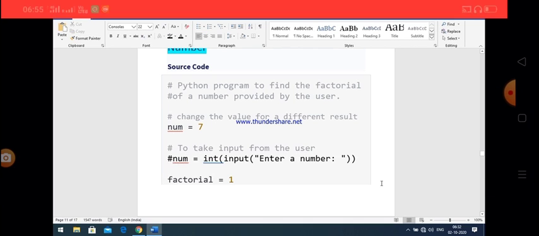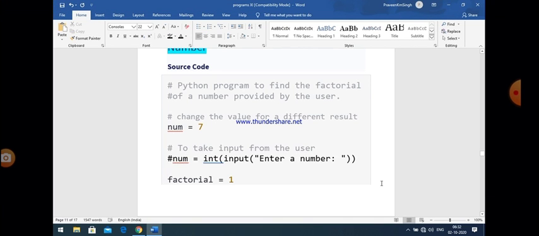We don't want any garbage value there, so we initialize it with 1, because when we calculate a factorial, numbers are multiplied with each other. If we initialize it with 0, then definitely no factorial will be calculated, because if we multiply any number with 0, our answer is 0. So we give factorial is equal to 1.